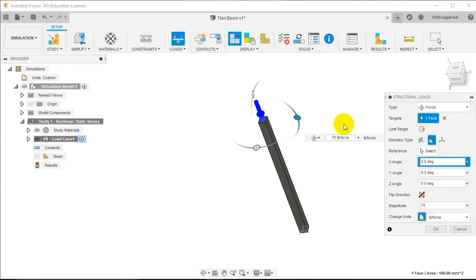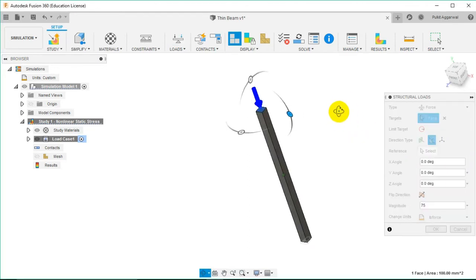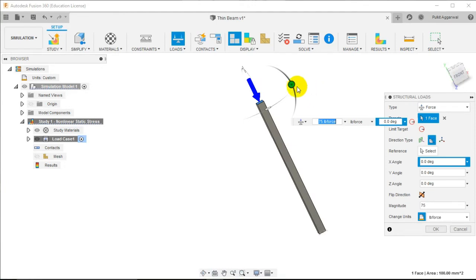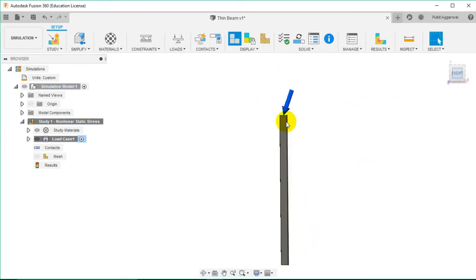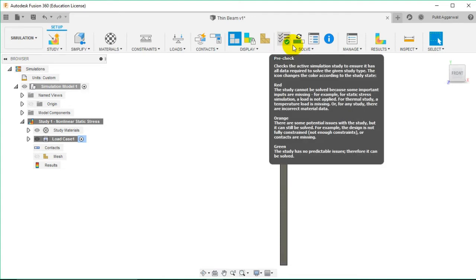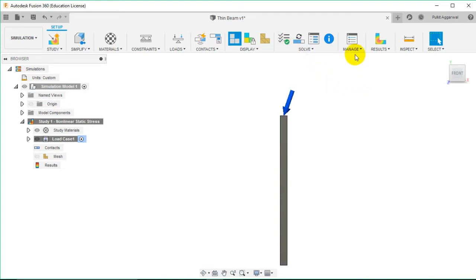Now I want to add an angle to this force that I am applying. So let us give an angle of minus 20 degrees to this force and click on OK. So now we can see that our study is ready to be solved.